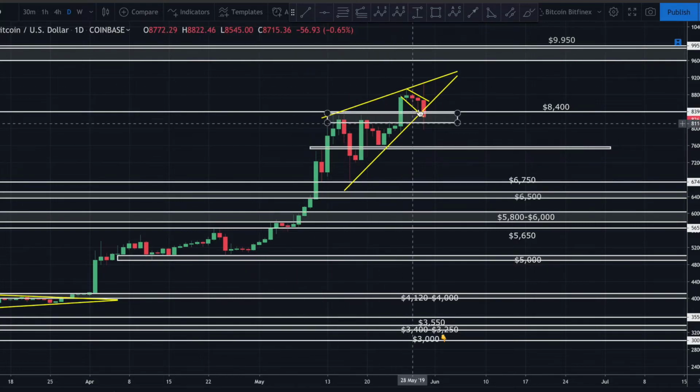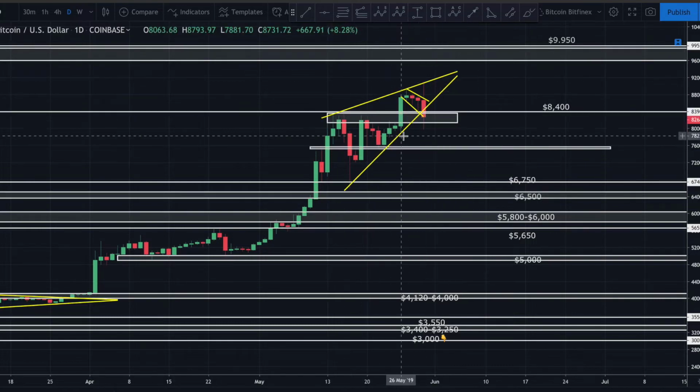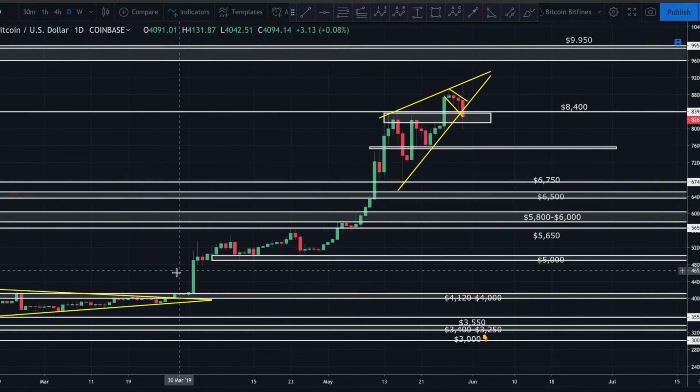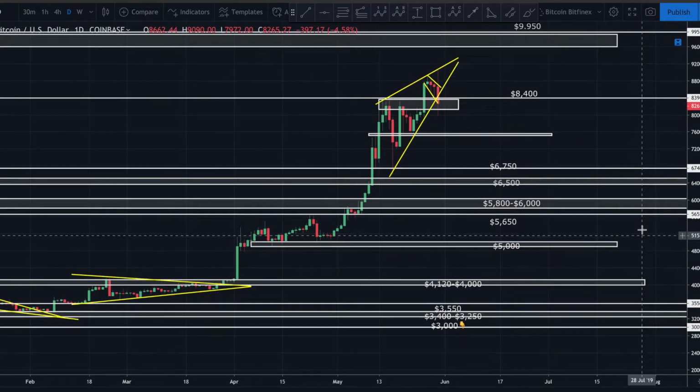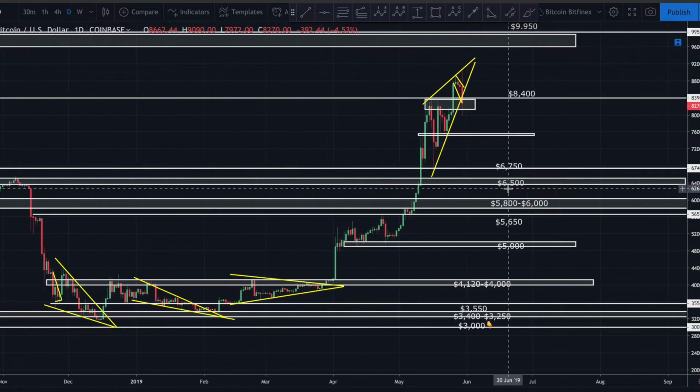Not only do we have what now looks like a very relevant reversal candle here, but we are topping out right at a rising wedge here, guys. Again, right where you would expect it to top out, the exact kind of formation you would expect to see when price is topping out at the end of a long parabolic move like we've had, guys. And we know in the past, as we've talked about numerous times, anytime Bitcoin has gone this parabolic for this long, it's had a larger 35 to 45% correction. So where would that leave us? Where would that take us? If I look at this overall structure here,